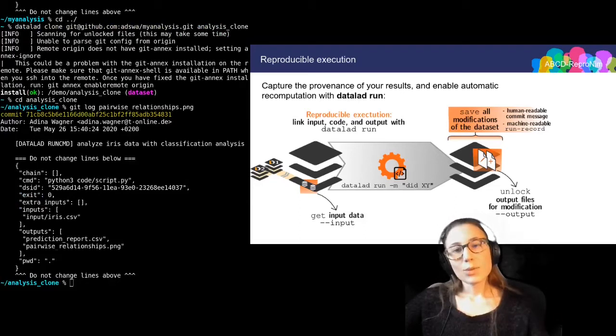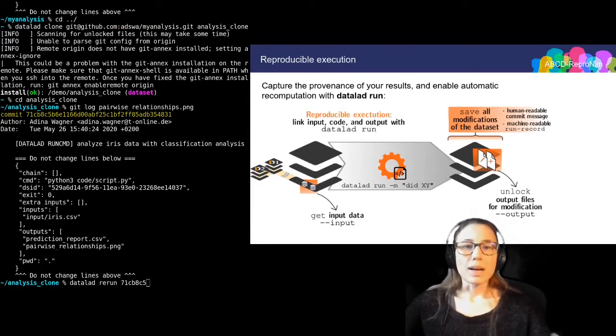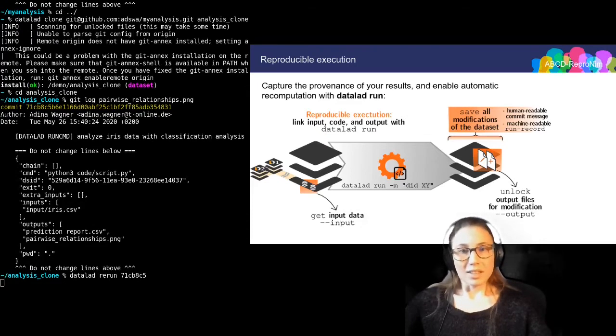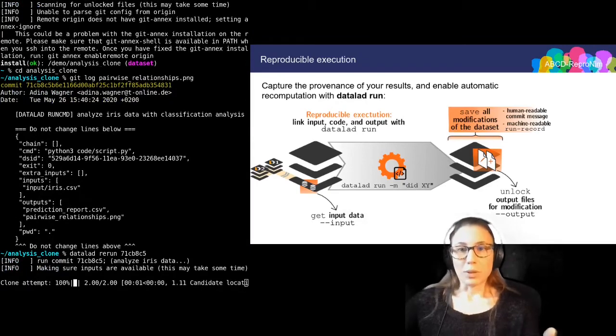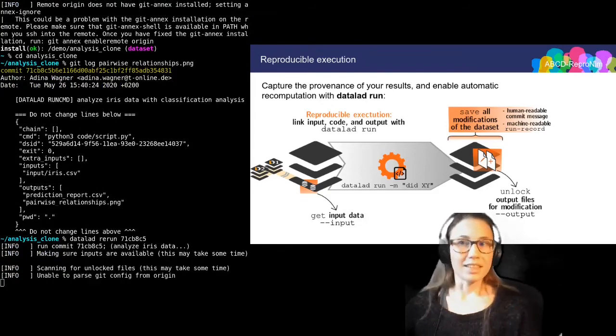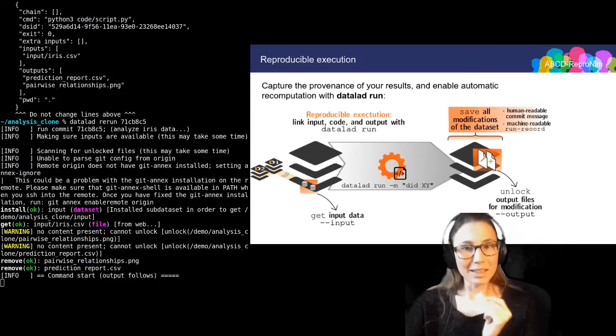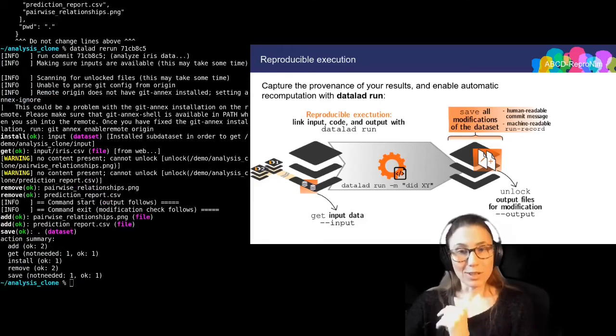And then I can use the commit identifier that you can see here, and I can plug it into a command that is called DataLad rerun. And what DataLad does then, it reobtains the input data, it unlocks outputs for modification, and it will perform the exact same analysis again, which is absolutely fantastic. But it's still not optimal. So while this works really fine on my computer,